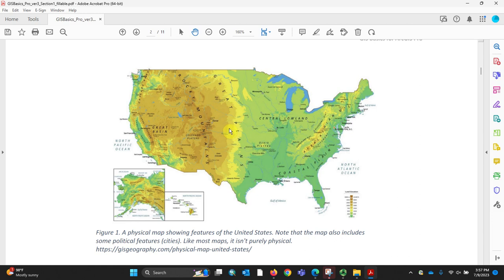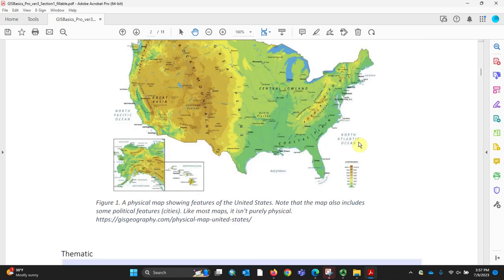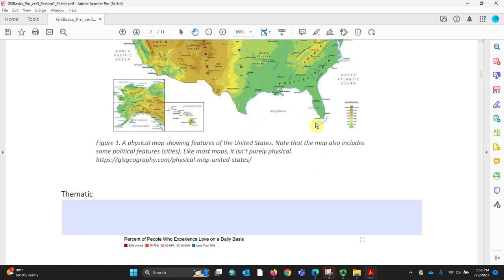A physical map has features that you can see, that you can touch, that are tangible, that are physical. Okay, so there we go. Physical map. So that's a broad category, and we're talking very broad categories, if we were just going to put maps into two categories. Another type of map is a thematic map, and a thematic map